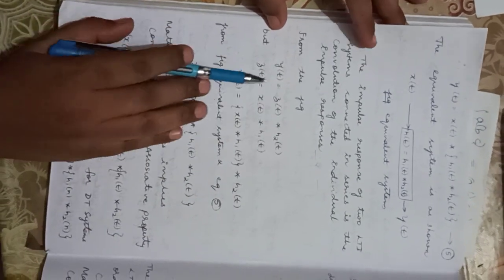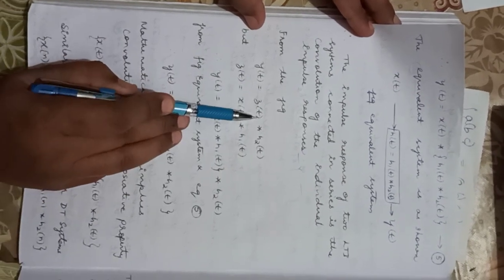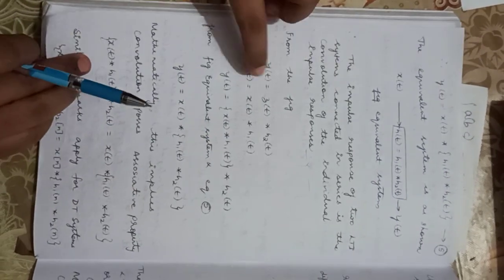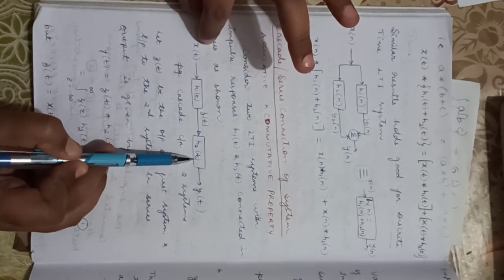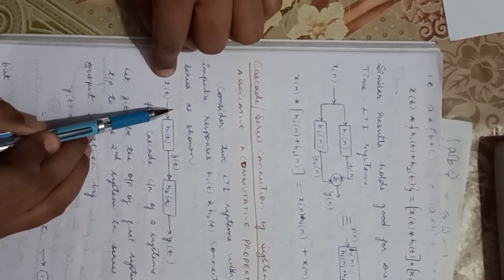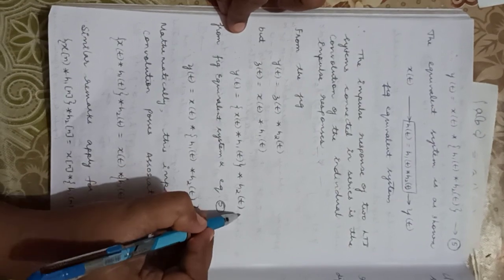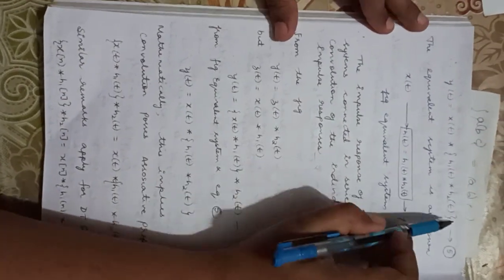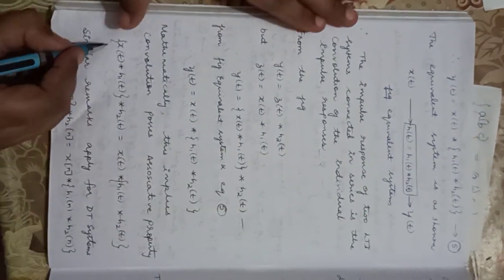Next, from the figure, y of t is equal to what? x of t convolution h2 of t. What is z of t? z of t is nothing but x of t convolution h1 of t. So y of t is z of t convolution h2 of t. Now what is this z of t? z of t is nothing but x of t convolution h1 of t. That's what I have written. So from this I got this equation. Again from the equivalent diagram, I have this equation. So considering this equation and this equation, directly I can write